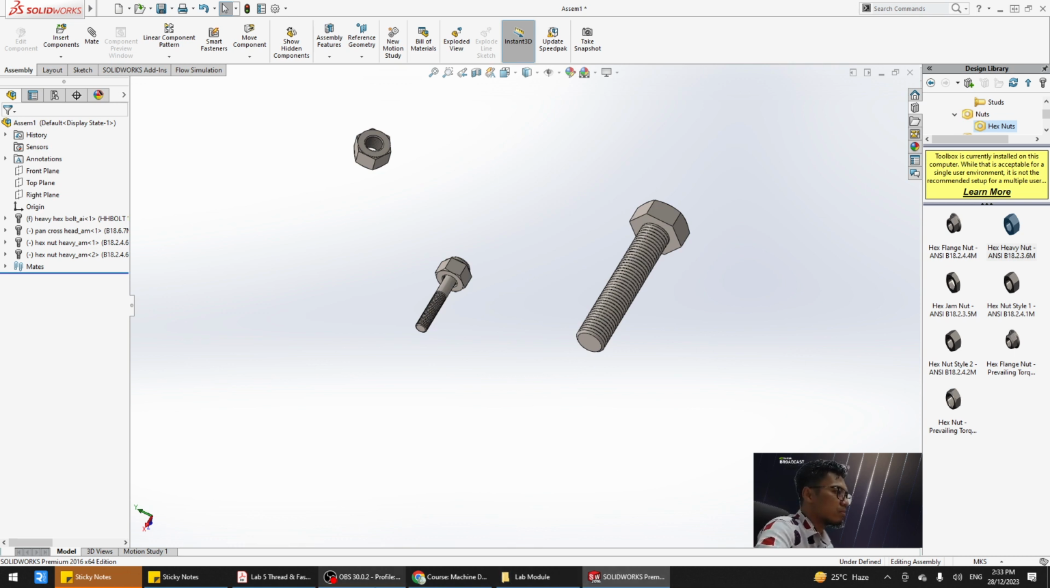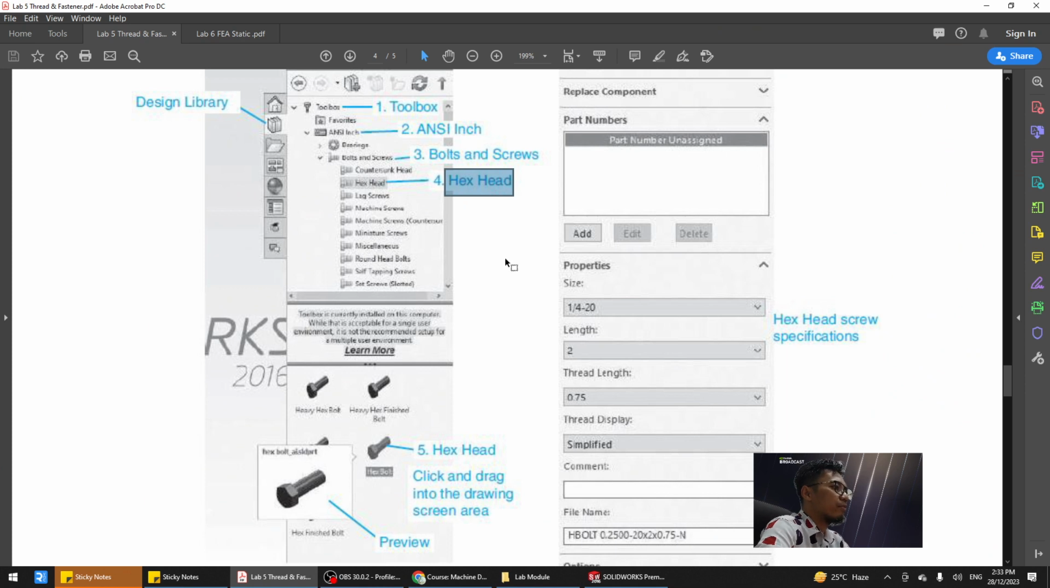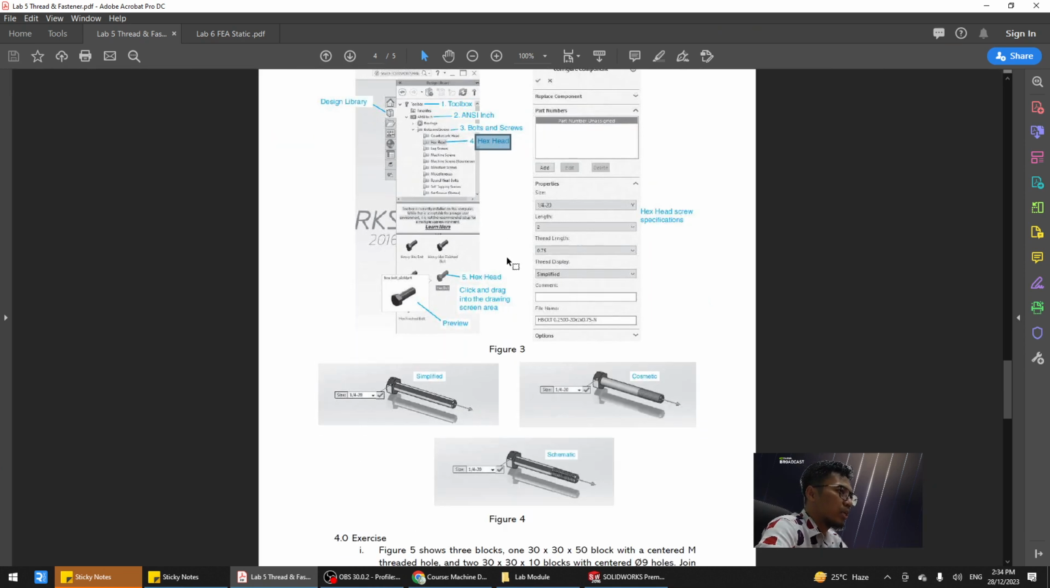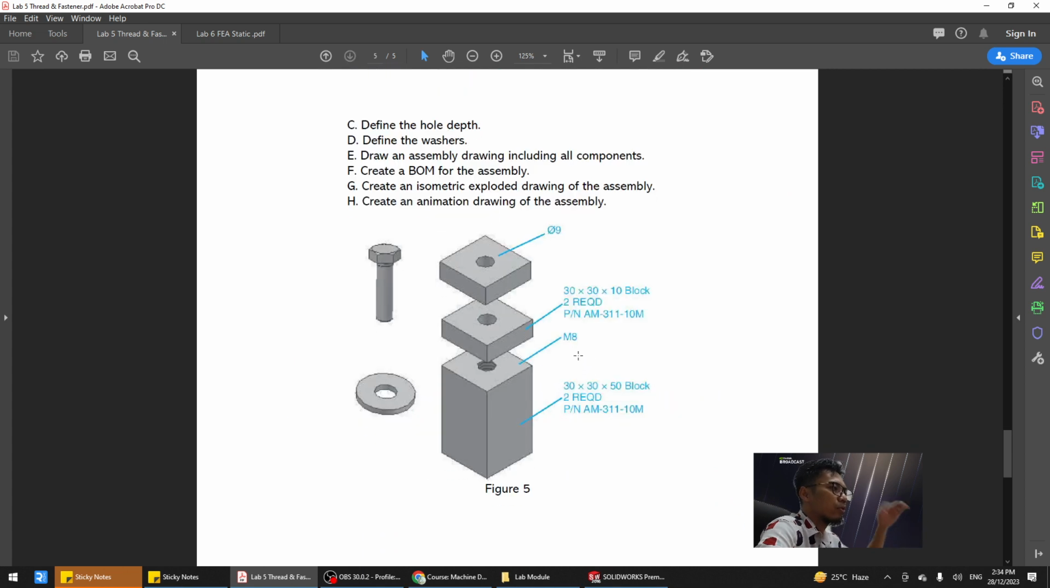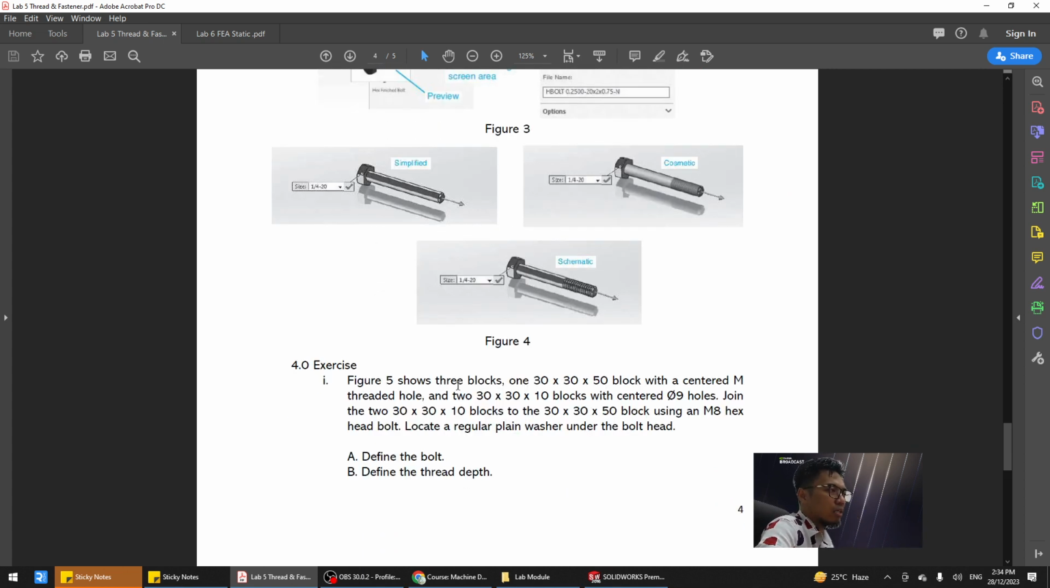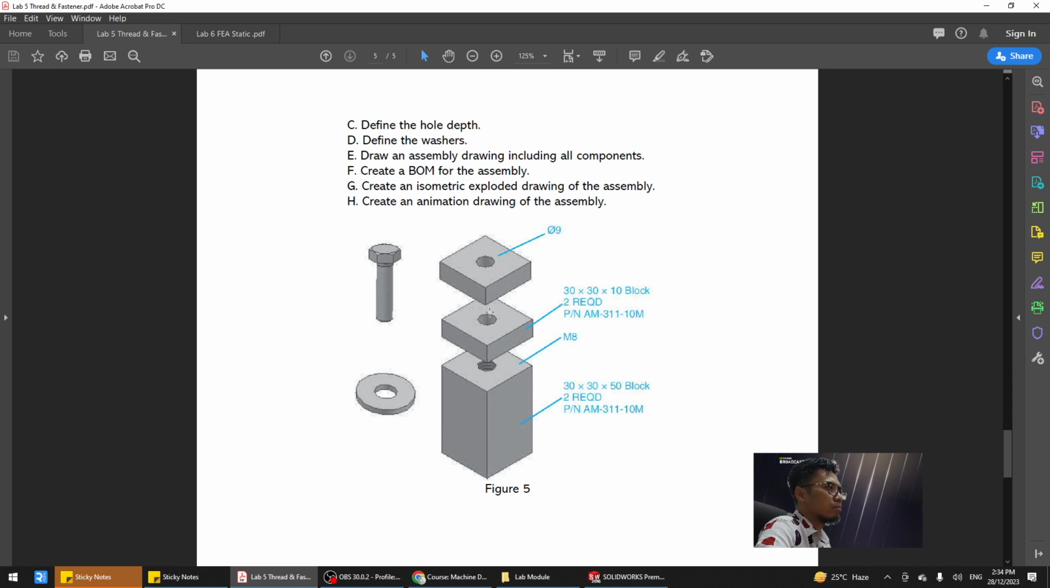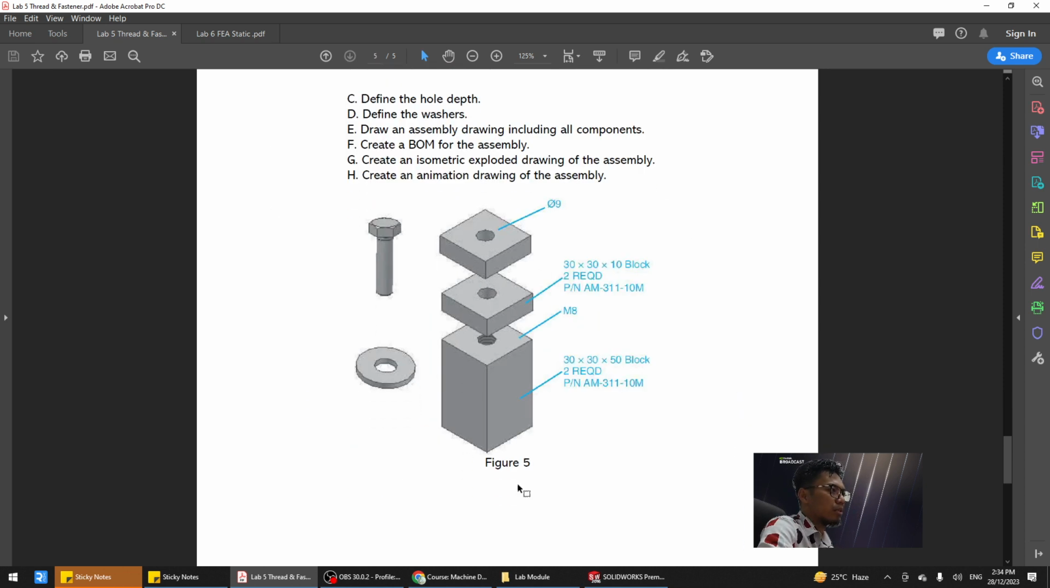Alright, basically on the lab 5, dia bagi begitulah. You can have a simplified view, you can have a cosmetic view, or you can have a schematic view. There is exercise there. You can do some exercise there. Buatlah, define the washer, draw assembly, create BOM, create isometric, kemudian create animation. From assemble to disassemble lah, macam tu, macam yang saya ajar you boleh buat collapse tu. You try buat this one,